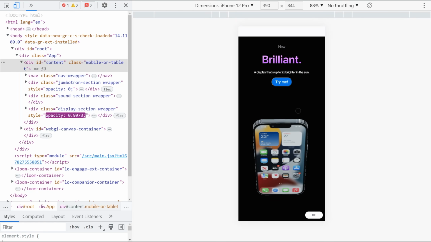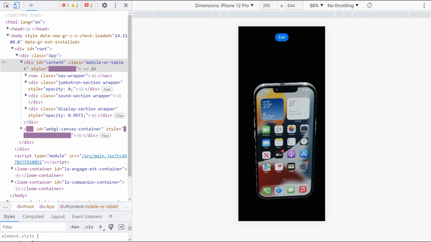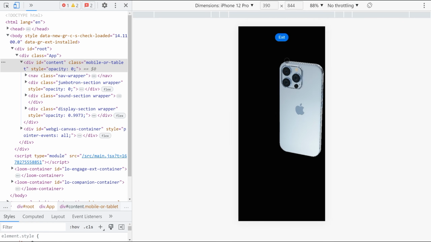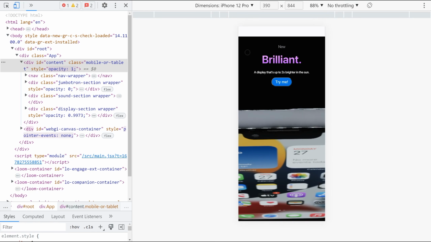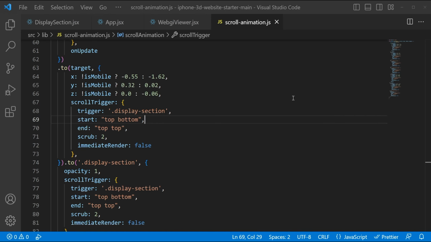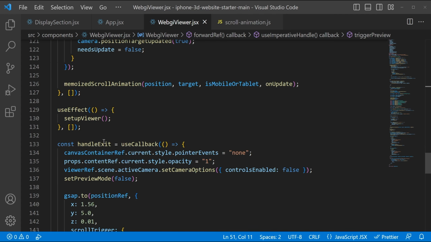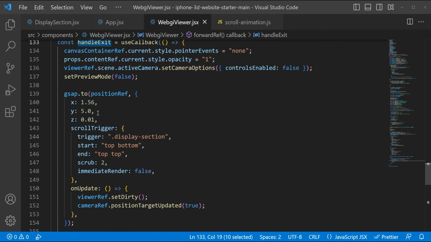Great, this looks awesome. So what if we click on Try Me? Okay, this looks a little bit different, but if we click on the exit, we can see that this value remained the same. So let's update that one. Let's open the WebGi viewer, and we do that here in the handle exit function. So again, let's add